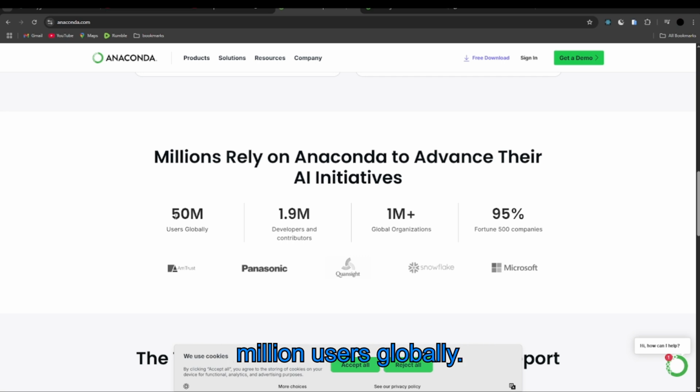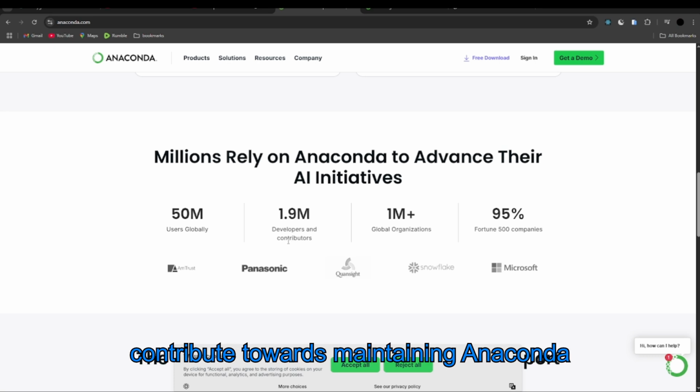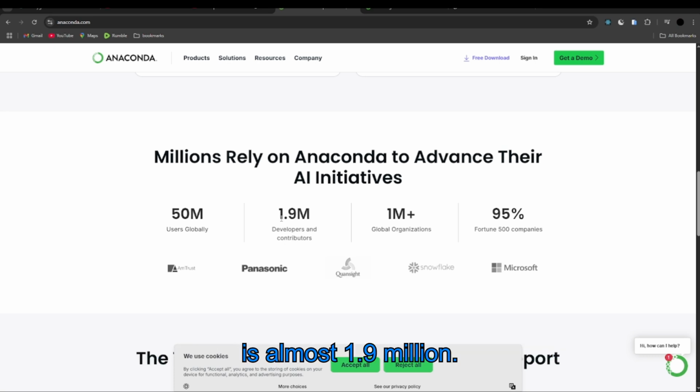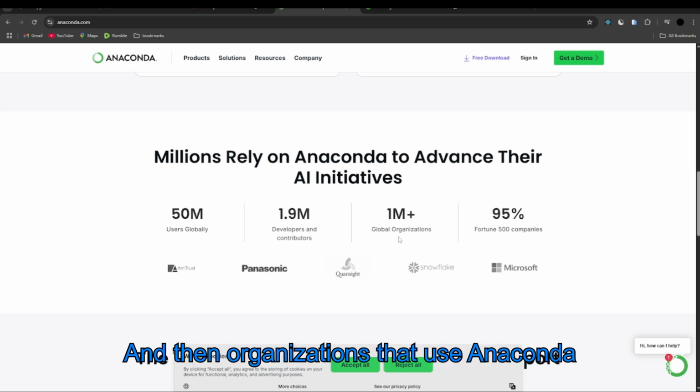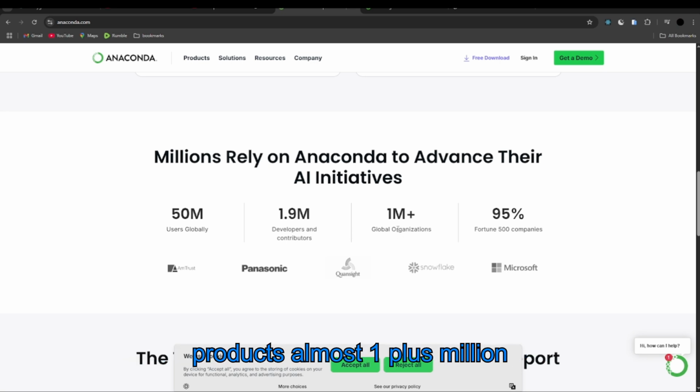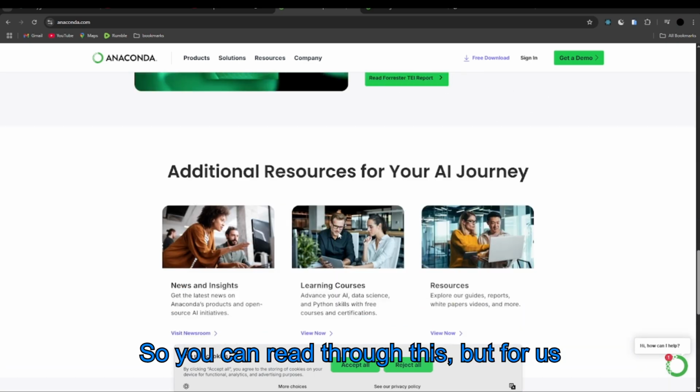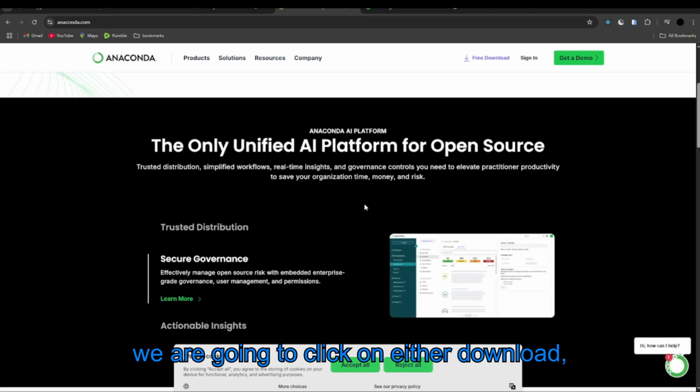We have like 50 million users globally. Contributors, like developers who contribute towards maintaining Anaconda, are almost 1.9 million, and organizations that use Anaconda products, almost 1+ million. You can read through this, but for us we are going to click on either